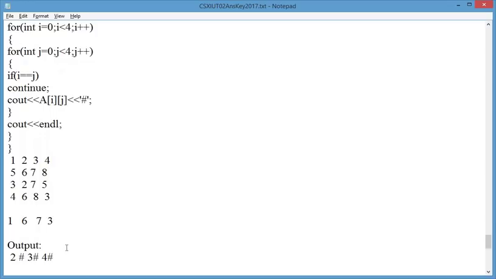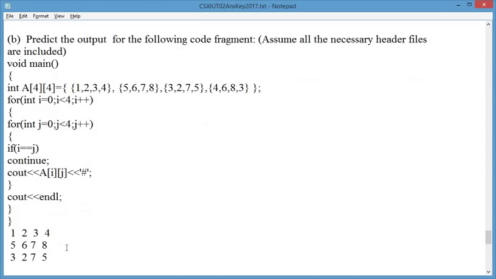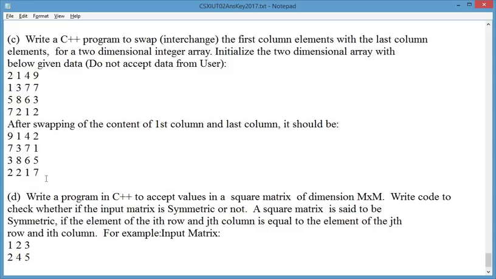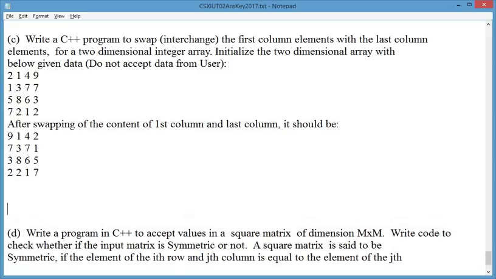So if you look at this, this is the output of the program which is using continue. Continue will skip all the left diagonal elements and print all the elements which are not on the left diagonal. Now we have the next question: write a program to swap the first column elements with the last column